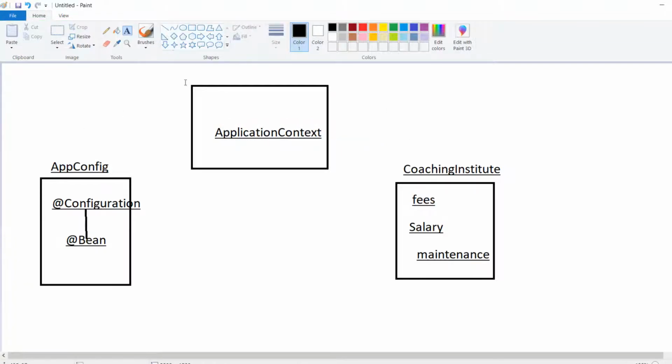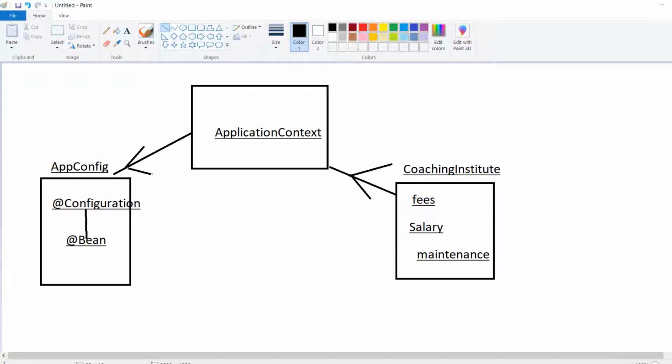After that, with the help of IOC container, I am going to connect Coaching Institute with IOC container. And this IOC container will also help to connect to the configuration file. So this is how we are going to present our coding.